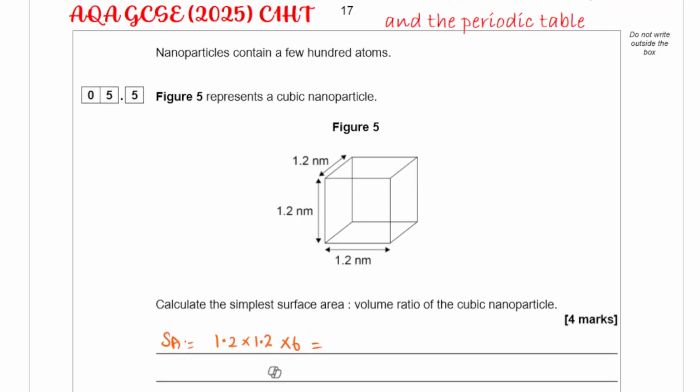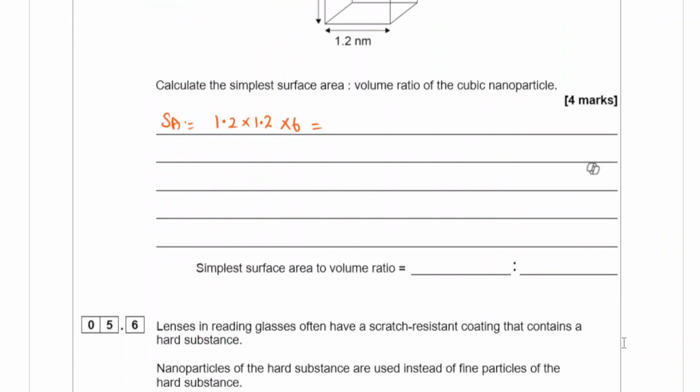So that would be, so let's square this, 8.64 nanometer squared. Volume is length times width times the height, so that's 1.2 times 1.2 times 1.2, or you could say 1.2 cubed, which is going to be 1.728